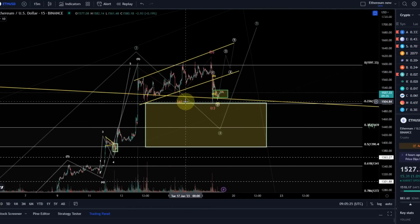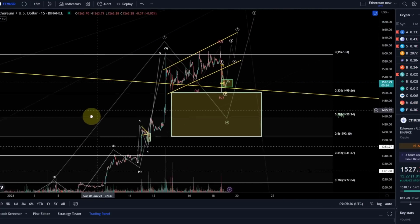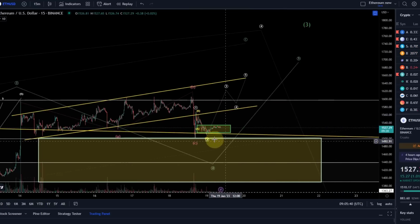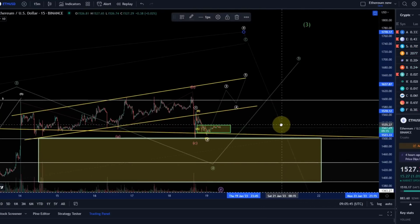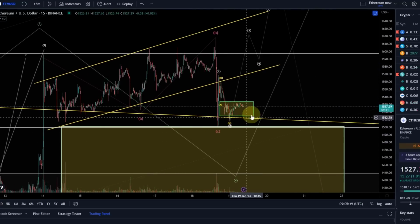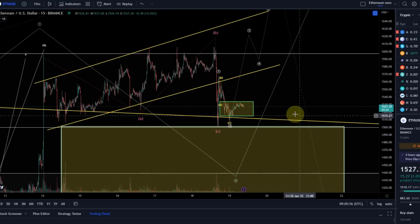I mean, it takes a bit of time here, this whole correction, but no surprise really, because we moved up so strongly in the last few weeks. So the indicators just need to cool down a little bit. And at the moment, you could argue this might even become some kind of a bearish flag and it will break down. But then again, there are not really bear flags in Elliott Wave, but it could be all sorts of stuff here. Just need to be watching now to the upside if we get this third wave up, or